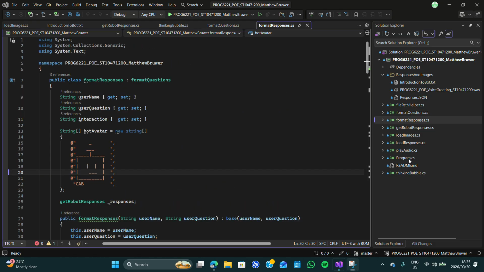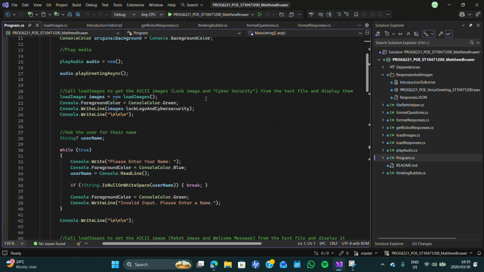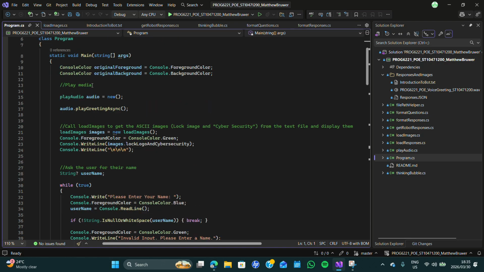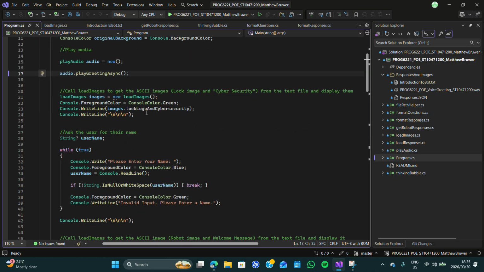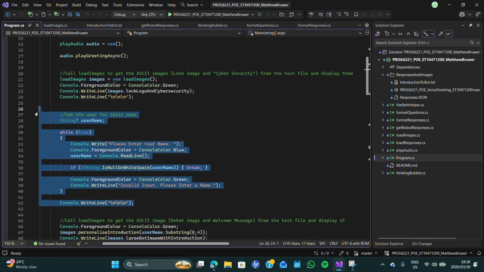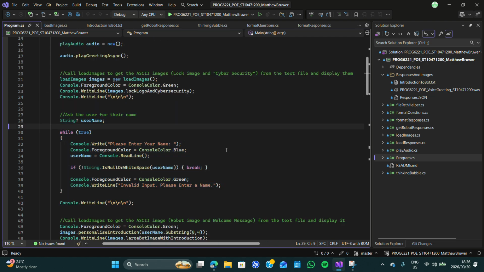Okay, and finally we have the main form slash program class. So if we quickly run through how it would look when the code is run, that I will show now. It plays the media greeting the user, then it calls the ASCII image, then it asks the user for their name and validates if their name was actually entered.